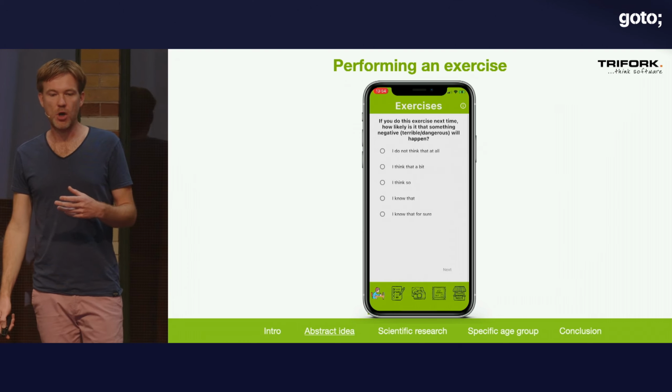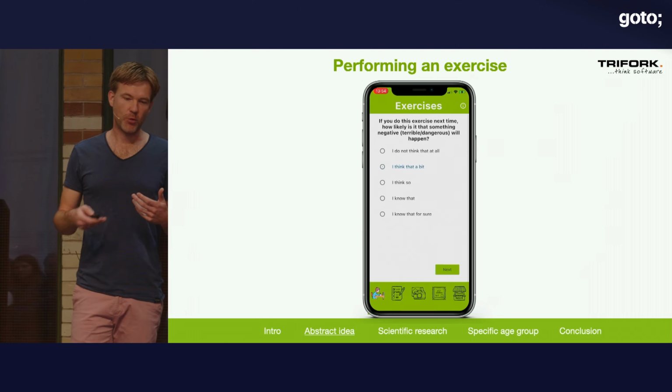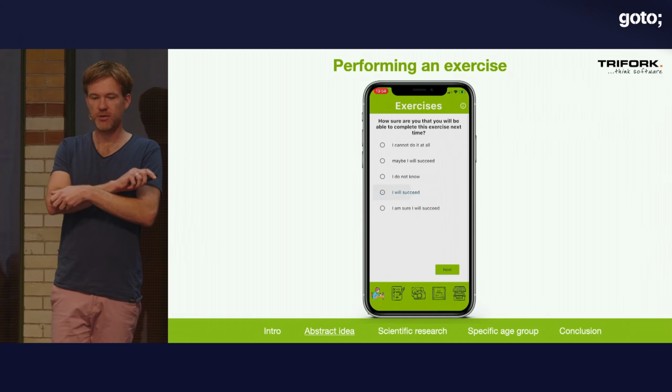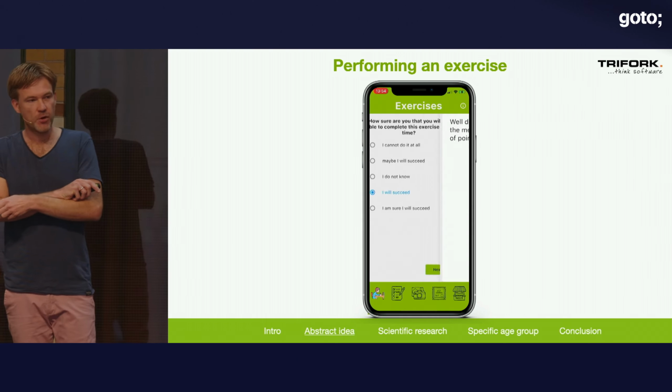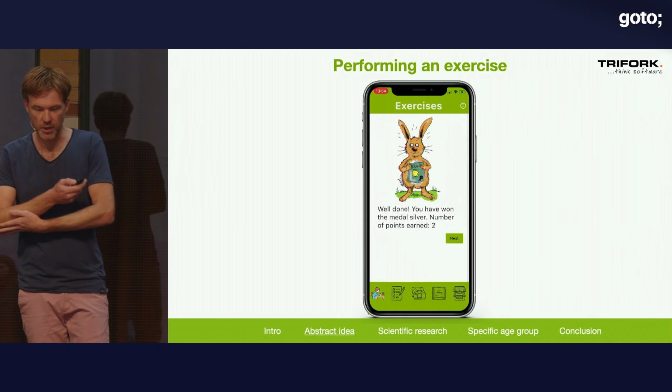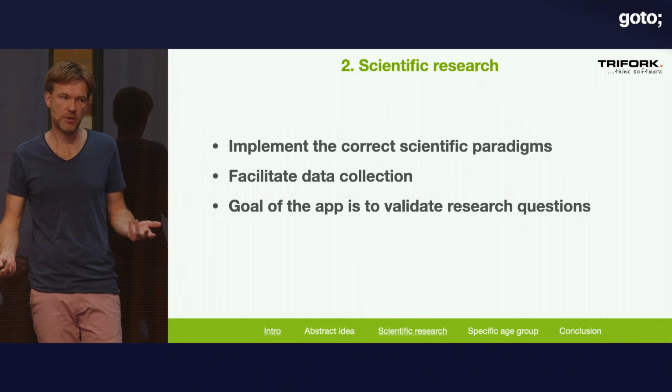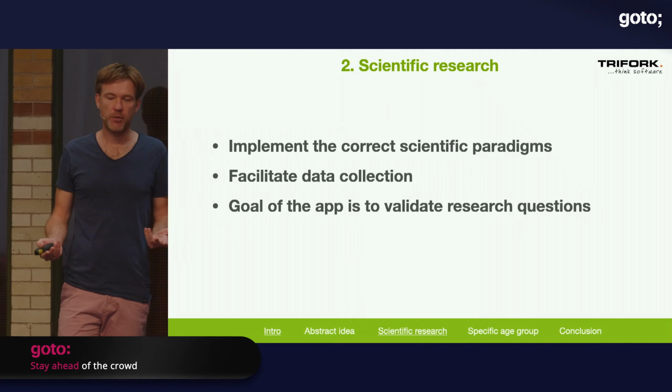And all of those questions, when I had to implement them, I was like, oh, this is tedious, all these questions, why are you asking these children all these questions? But it's actually, for the researchers, very important that they are asked, because they facilitate the data collection, which was our second challenge. We're building something for scientific